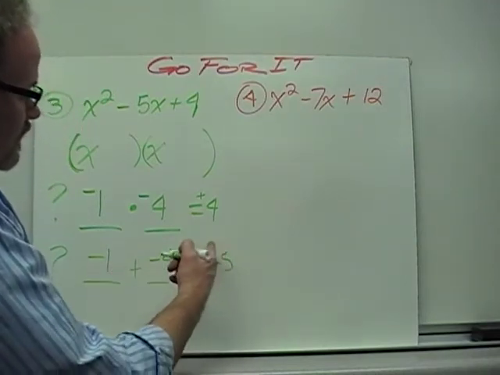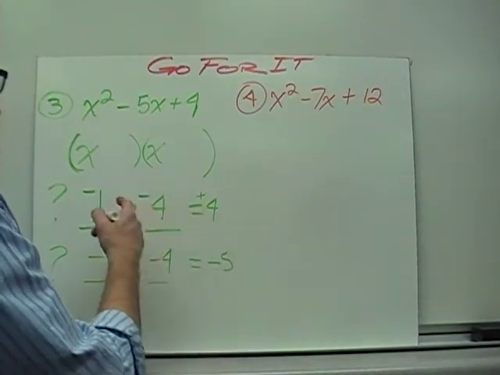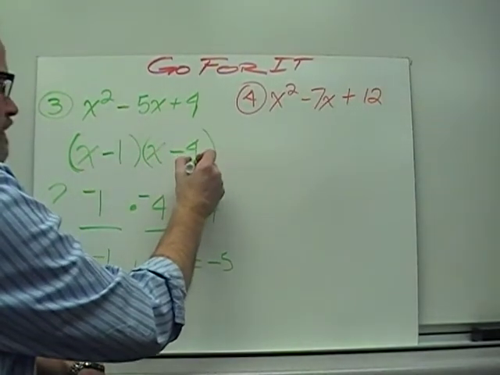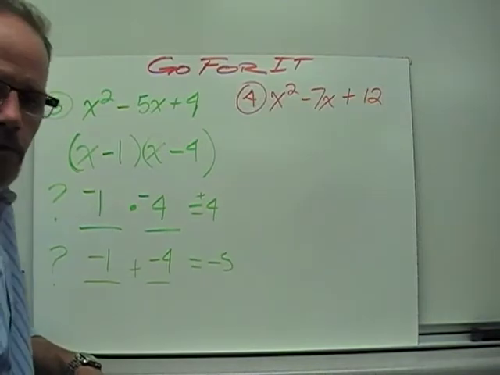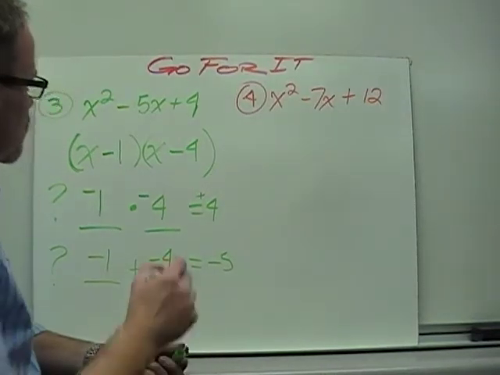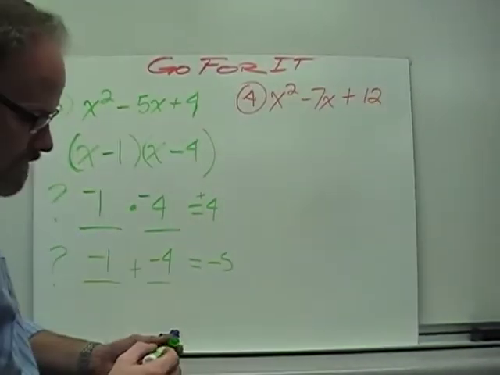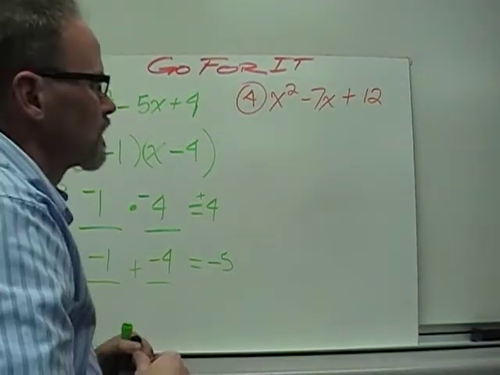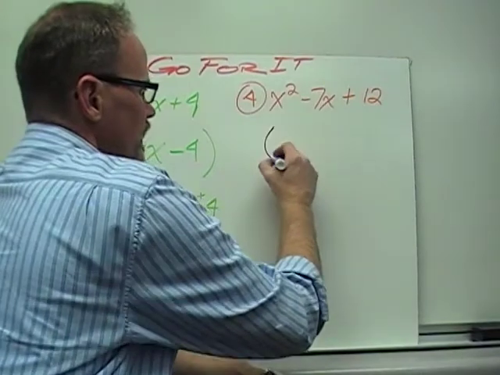So this works very well right here. So I'm going to go ahead and insert the negative 1 and the negative 4, and we have our answer for this trinomial right here. The orange trinomial, number 4, go ahead and draw out your